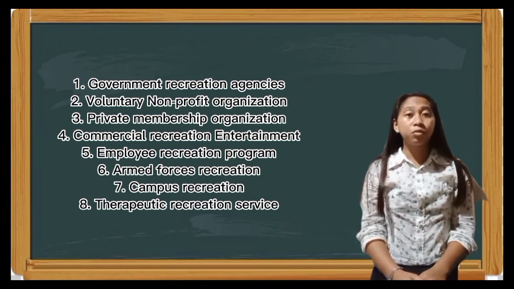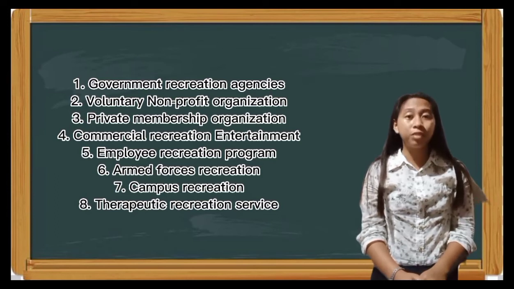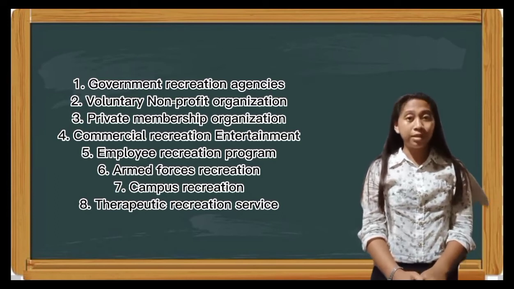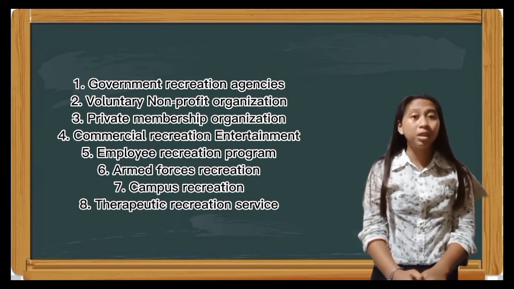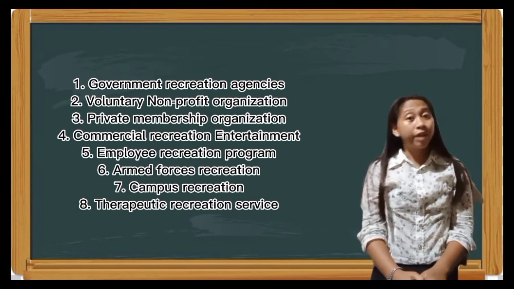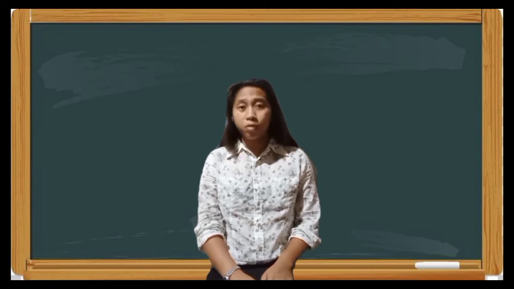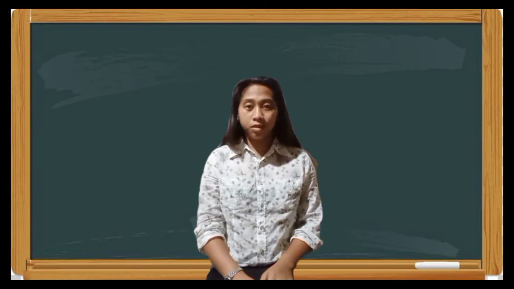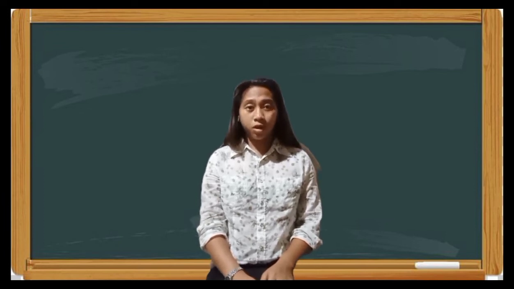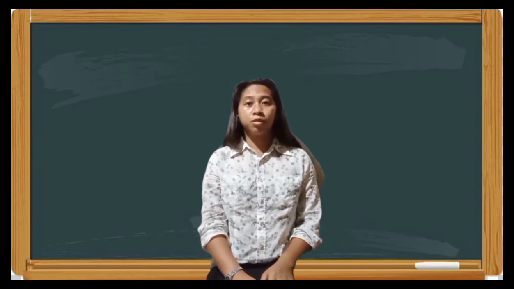Number 7. Campus Recreation. Designed for students, a part of the school facilities, for social, physical, mental, and emotional fitness. Number 8. Therapeutic Recreation Service. Programs for persons with disability, for health, aging or elderly citizens, mentally challenged people, special groups, and